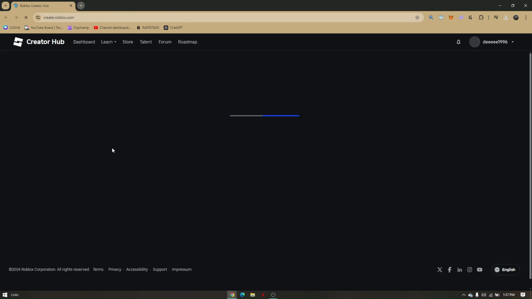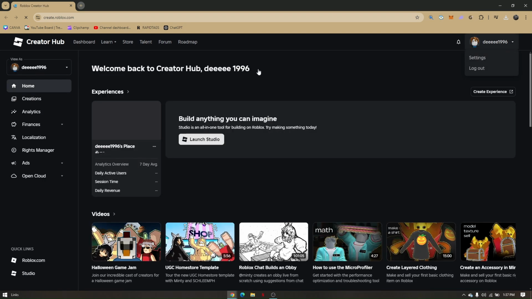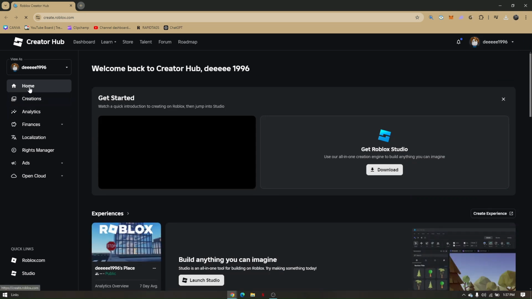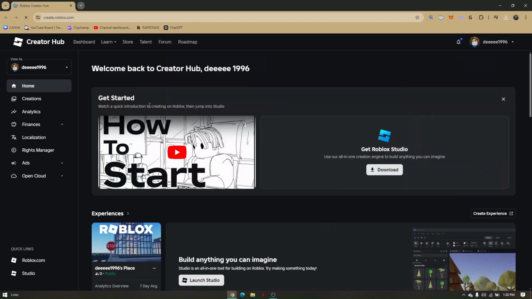Now, once you'll be routed to this page, you'll have to make sure first that you're currently logged into your account. Now, after that, just simply click on Home. Now, if Create Now does not appear here, there is also a link that you can press download from Get Roblox Studio. Other thing you can do is go to Creations